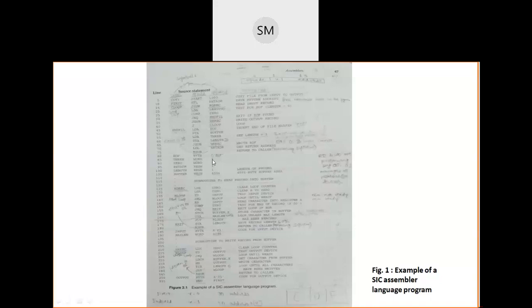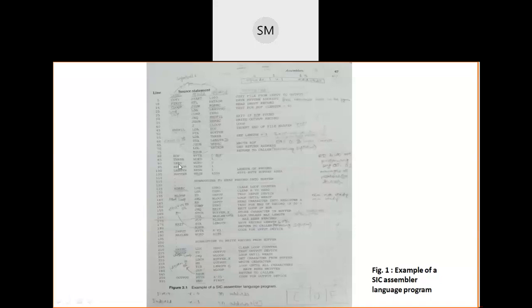Why, sir, are you storing three here? To execute the loop. For executing the loop, I want three iterations because of these three characters E, O, F. So I have written one separate variable for that looping purpose, that is 3.